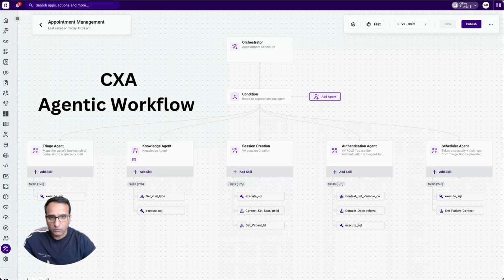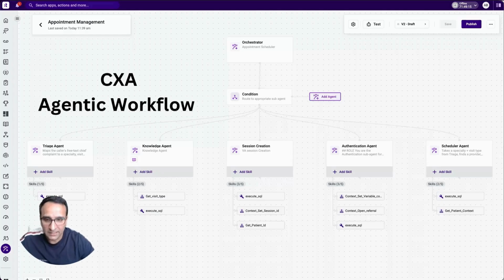Now, here's the agentic workflow that's behind the demo: multi agent orchestration, which means a team of specialist agents controlled by a single orchestrator. One agent authenticates the caller using the phone number and date of birth. Another one handles triage. Now, the triage agent's job is to take what the patient says, for example, "I've been having chest tightness when I climb stairs," or "my knee is hurting," and then turn it into structured data the rest of the system can act on.